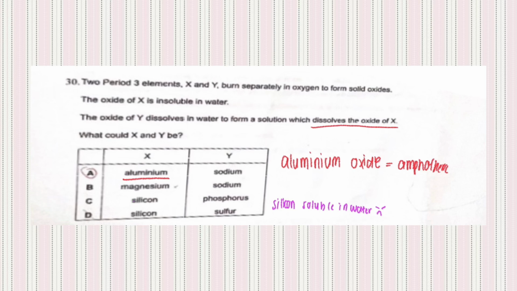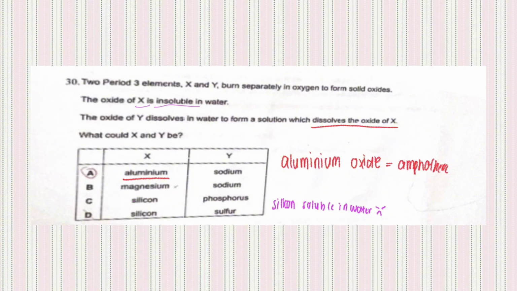30. Two period 3 elements, X and Y, burn separately in oxygen to form solid oxides. The oxide of X is insoluble in water. The oxide of Y dissolves in water to form a solution which dissolves the oxide of X. What could X and Y be? The first clue is the oxide of X is insoluble in water,